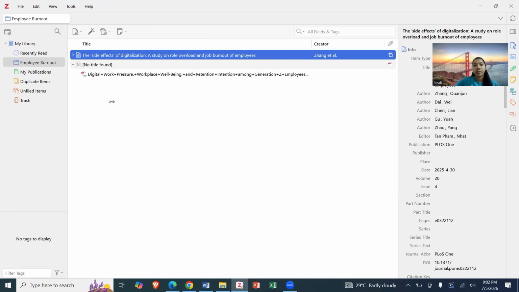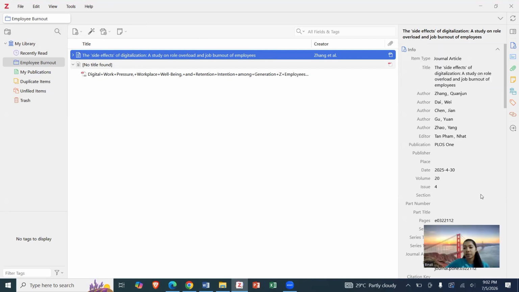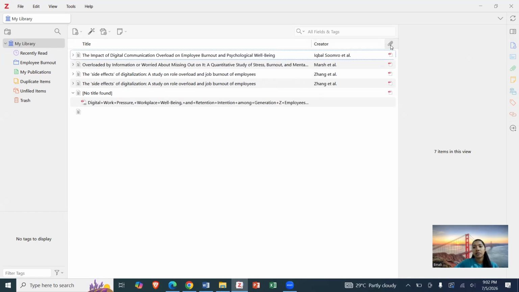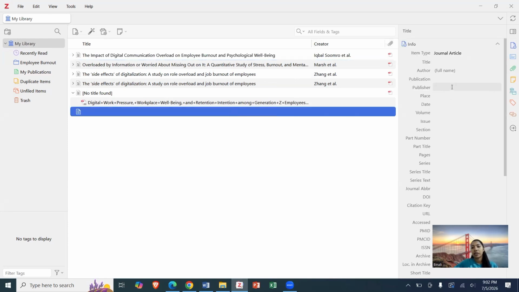Another method is to manually enter all the information related to the research topic, so that we can use creator in here.